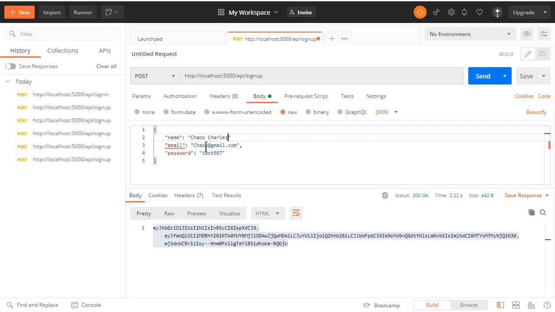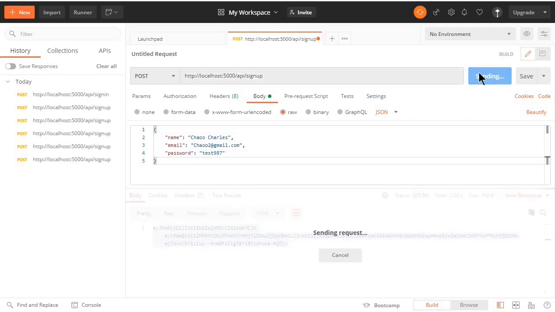And then for the email, we should send a different email. So I'll change the email to 2 and include a comma. Now this is the body of the request. This is the endpoint and it's a post request. Now we should get a token back and the user should be saved to the database. I will send,